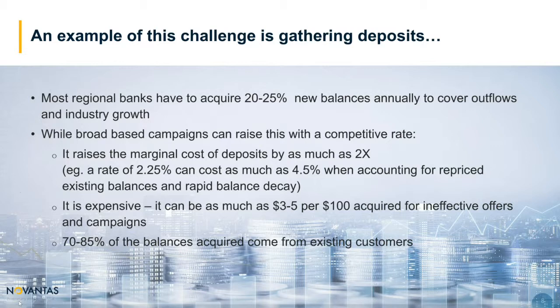As an example, an offer thrown in the market for a deposit rate of 2.25% can cost as much as twice that when you take into consideration the repriced existing balances that a bank may have, as well as those customers that we call promo hoppers that move from product to product, or from loan opportunity or deposit opportunity to deposit opportunity. Additionally, to reacquire these deposits is extraordinarily expensive initially. It can cost as much as $3 to $5 per $100 acquired for ineffective offers, especially as we move into the digital realm and the opportunity for email solicitation, where those offers aren't targeted accurately to the customers that will